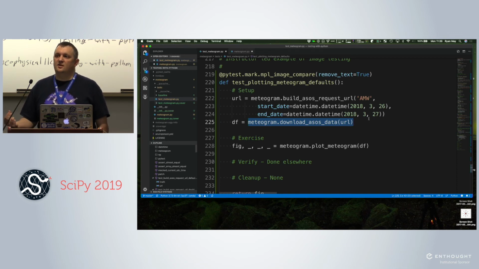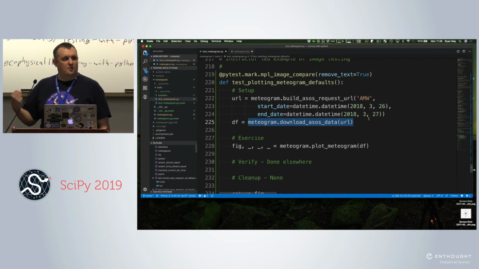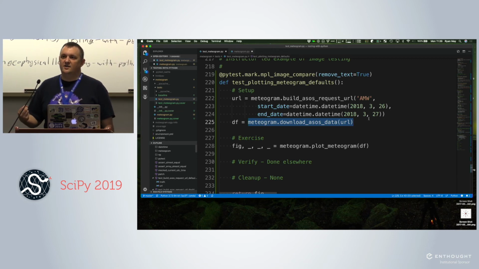Speaking from experience, things on the web go up and down more than you want, especially when it's in your operational production test suite. So, word of advice, avoid contacting external services as much as possible. In this case, we want to find a way to avoid having to download the data